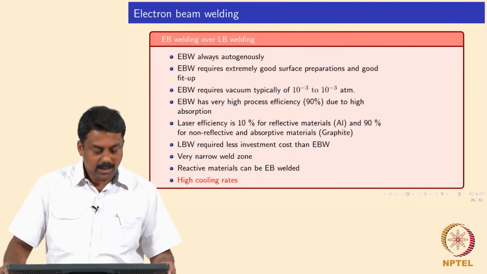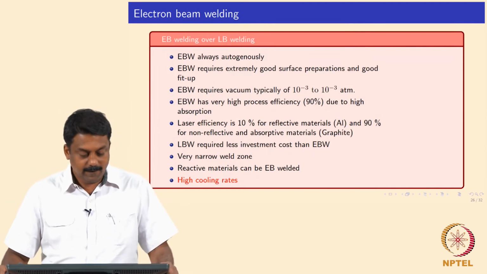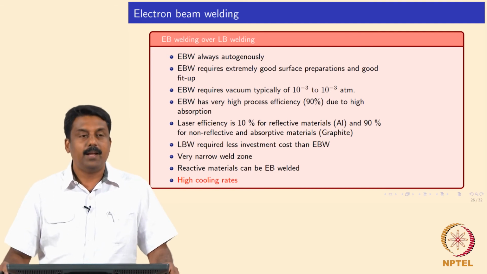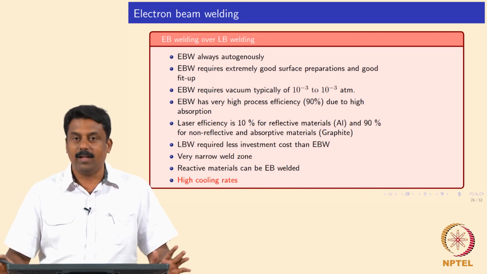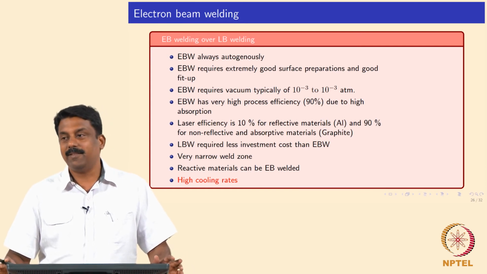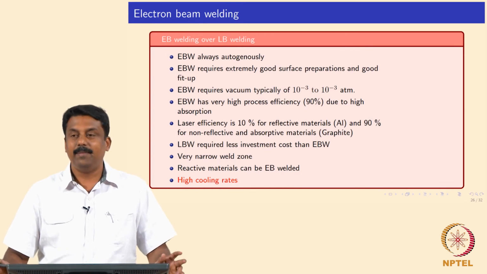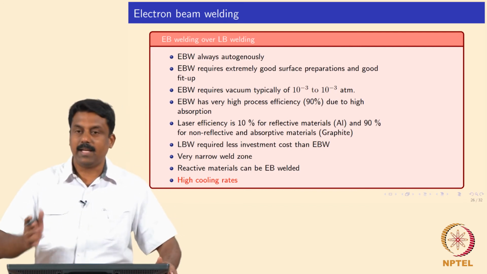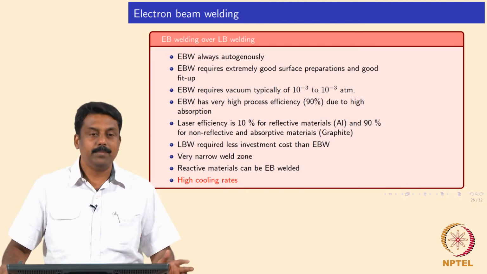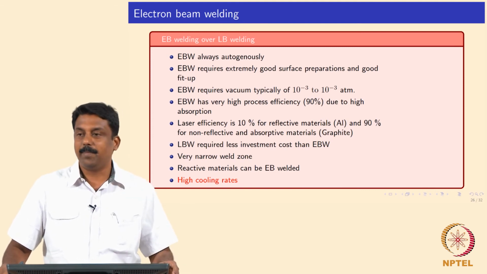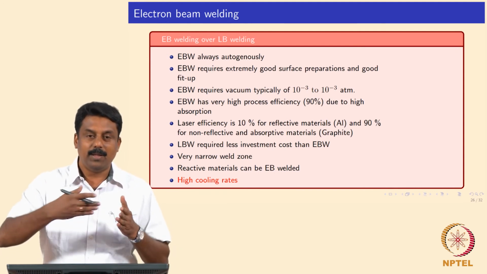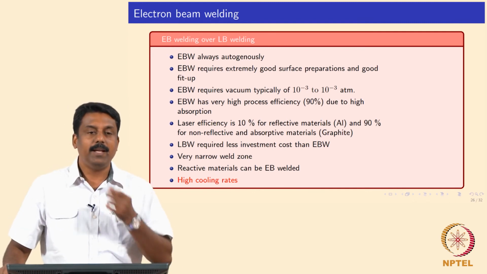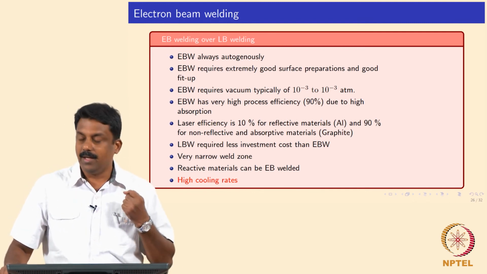Okay. And so, what are the advantages of electron beam welding over laser beam or any other welding process? In electron beam welding, we always use autogenous mode. What is autogenous mode? No filler. Nowadays we have also developed 3D printing, additive manufacturing, using electron beam. Sciaky is a very famous company, or EBAM. They make equipment using electron beam for additive manufacturing, where we also add filler to deposit layer by layer to make components. But for welding, electron beam welding is always used in autogenous mode.